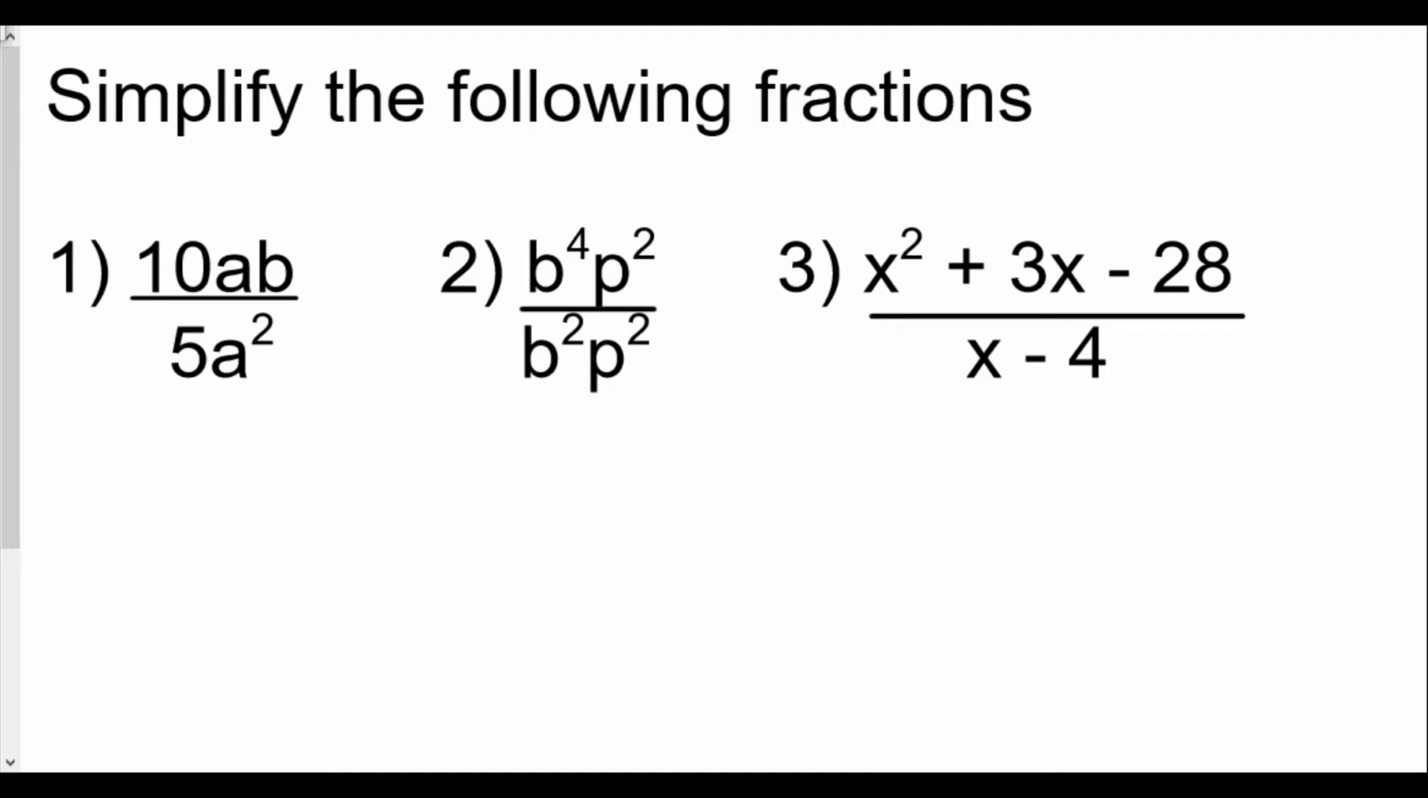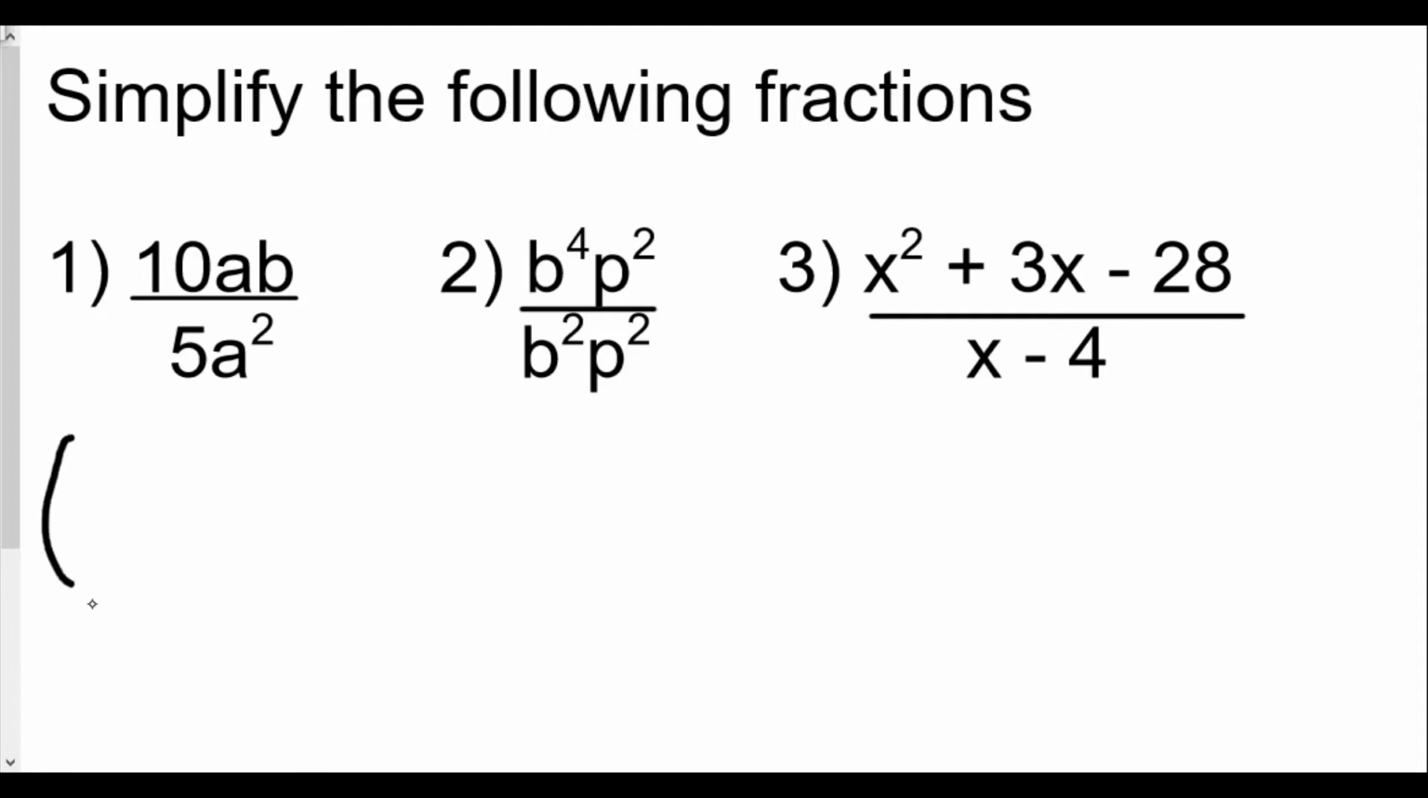So the first thing I want to do is simplify the following fractions, which really are rational expressions, are just fractions. So we're going to take our numerator and denominator and simplify what we can. The first question is 10ab over 5a squared. One of the things that we want to do is break them up into the same terms that we have here. So, 10 times a times b over 5 times a squared can be written